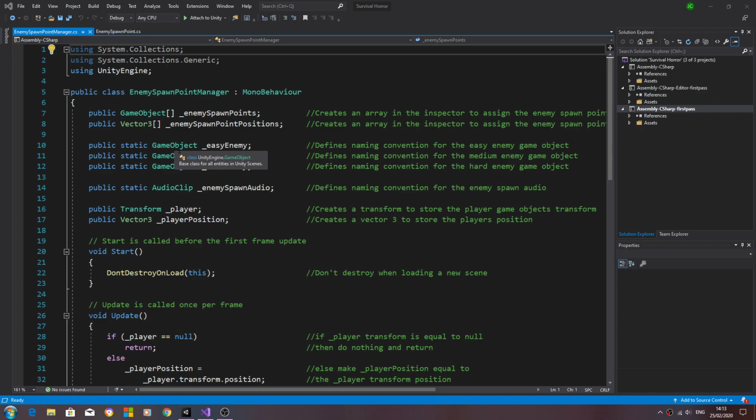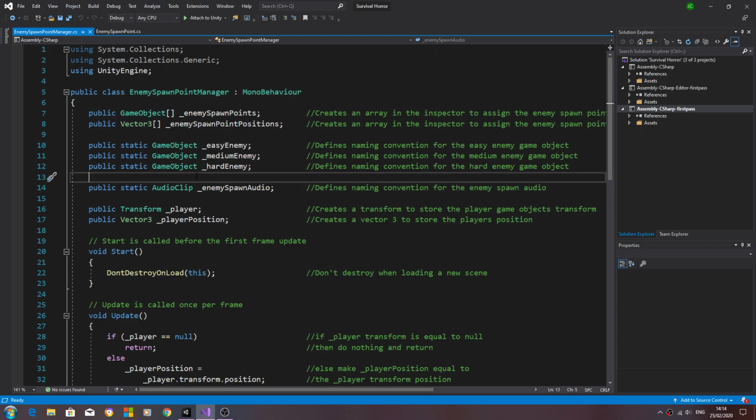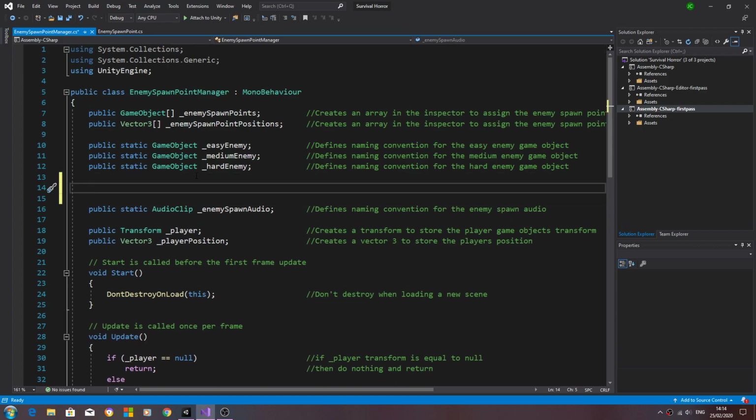So in this lesson we're continuing on with the spawning of the enemies, and we're going to begin in the enemy spawn point manager. Let's begin at the very top. We need to create a number of new variables, so we begin with public static int underscore maximum enemies to spawn, and you can set any value you like. I'll set 10 for now,